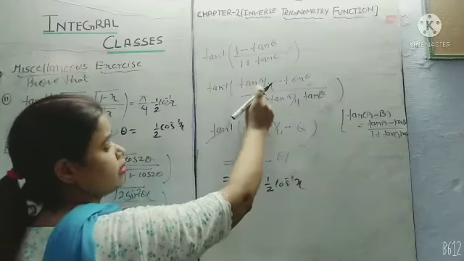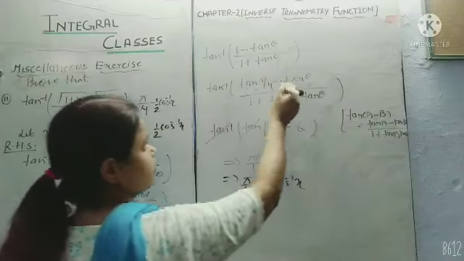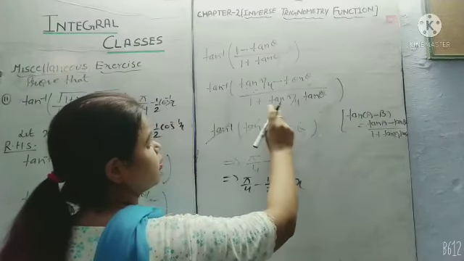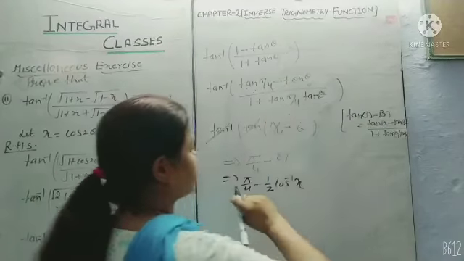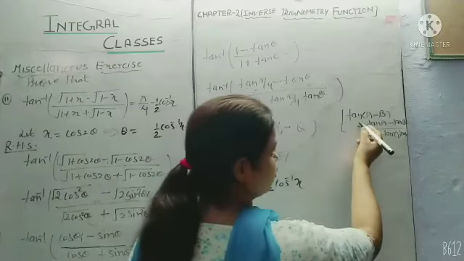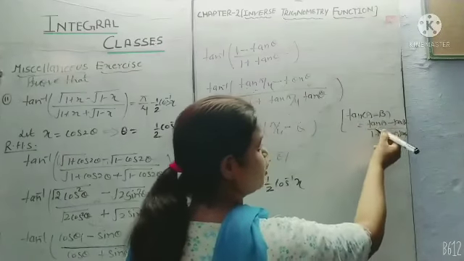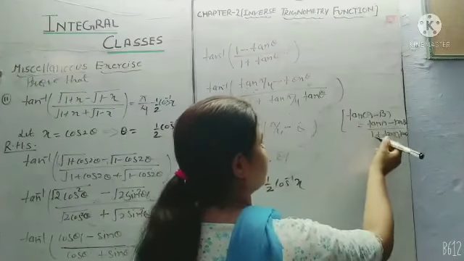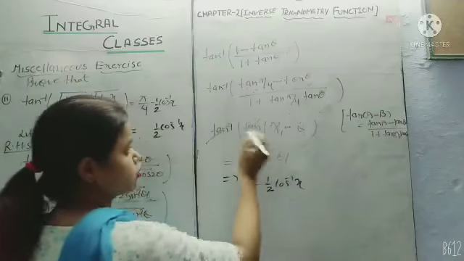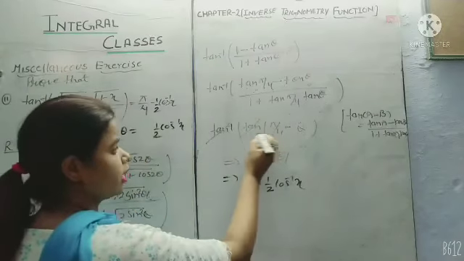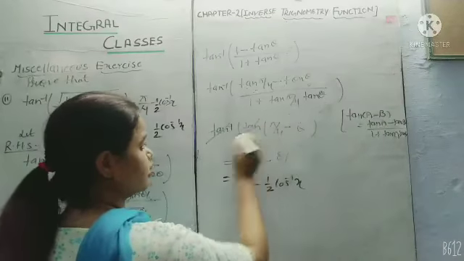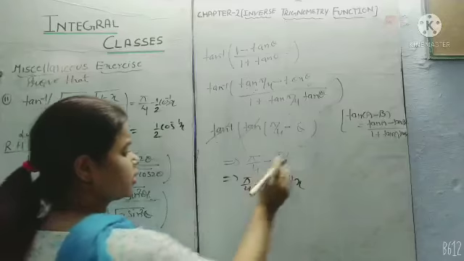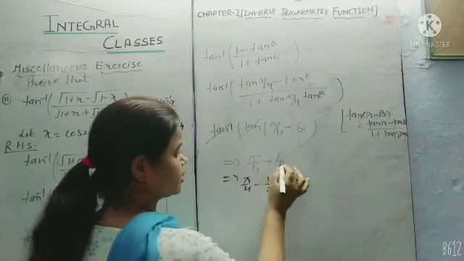1, tan pi by 4. So we will replace here tan pi by 4 minus tan theta upon 1 plus tan pi by 4 into tan theta. Now we will apply here the formula tan a minus b equal to what? Tan a minus tan b upon 1 plus tan a tan b. So it becomes the formula tan pi by 4 minus theta. Tan is cancelled by tan inverse. Then we will get here pi by 4 minus theta.